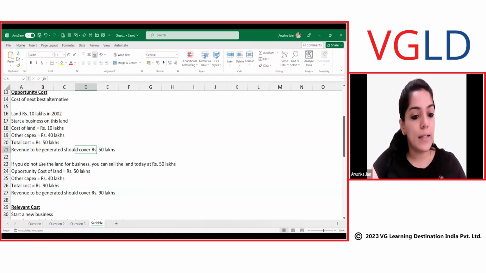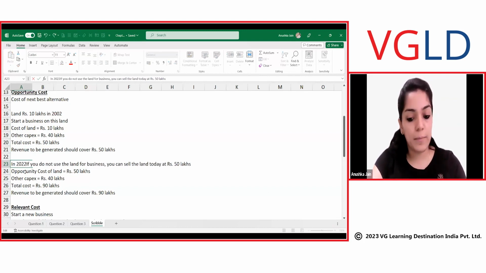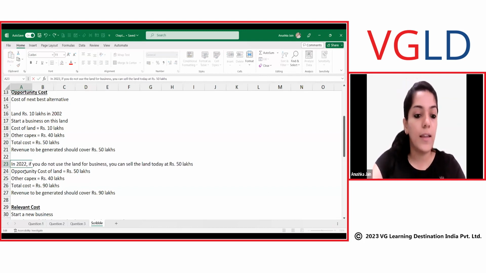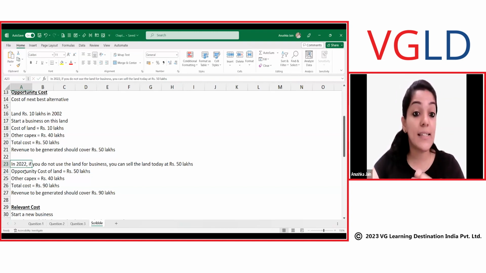If you do not use the land for business, you can sell that land today at 50 lakh rupees. So the opportunity cost of land will be 50. In 2022, you purchased it in 2002. In 2022, if you do not use the land for business, it's not like you will say that the cost of land is going to be 10 lakhs. No, it is going to be